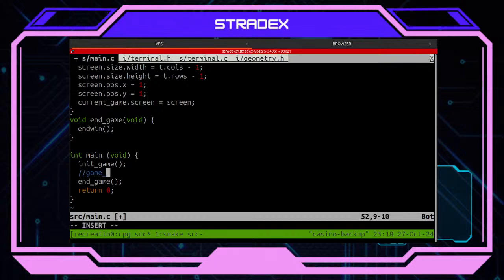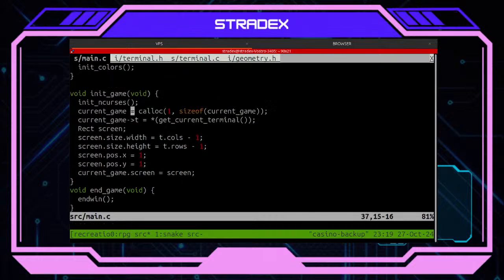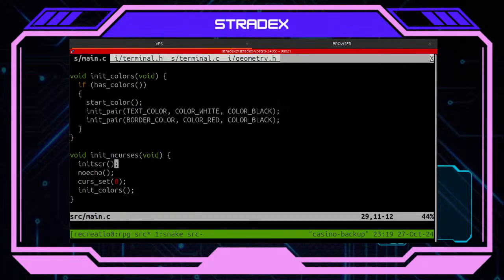Actually, I want this in the game loop function. And yes, we should be all set here.